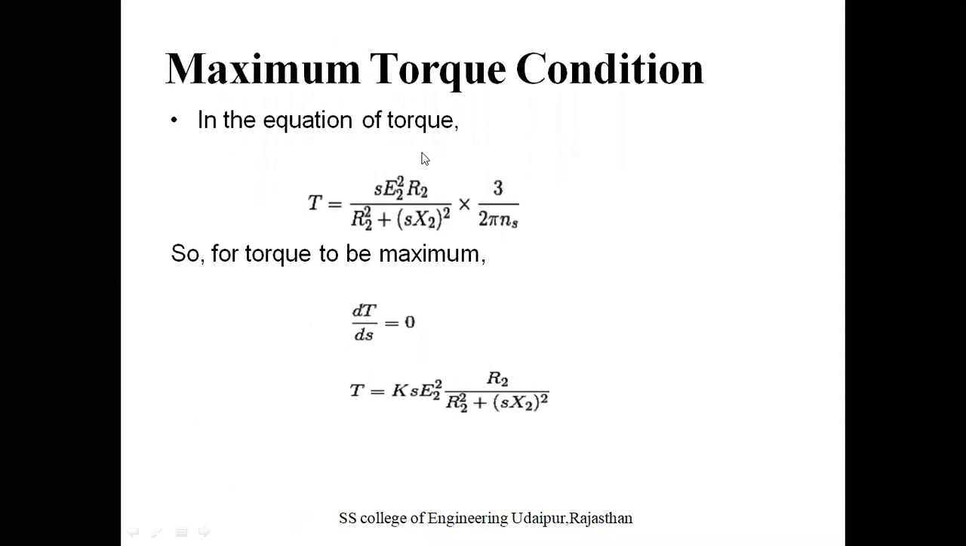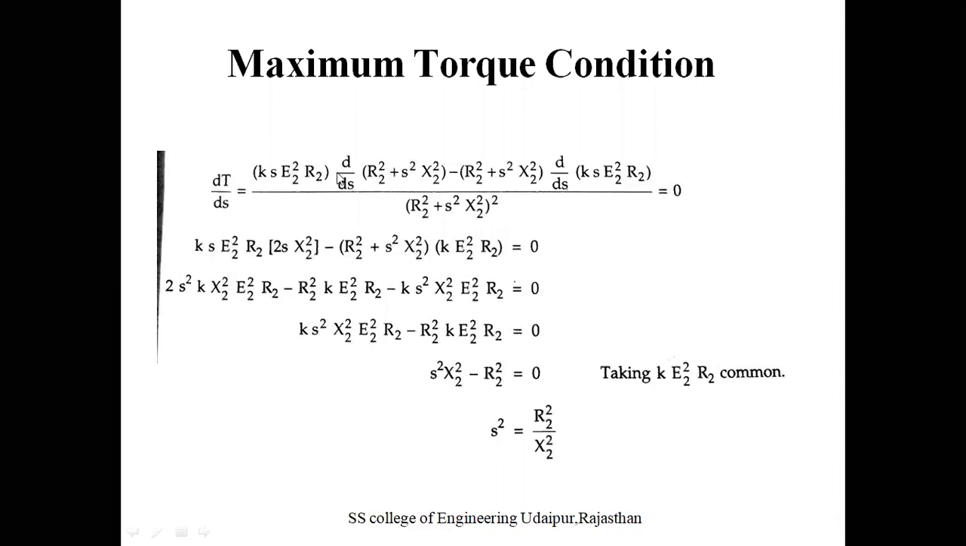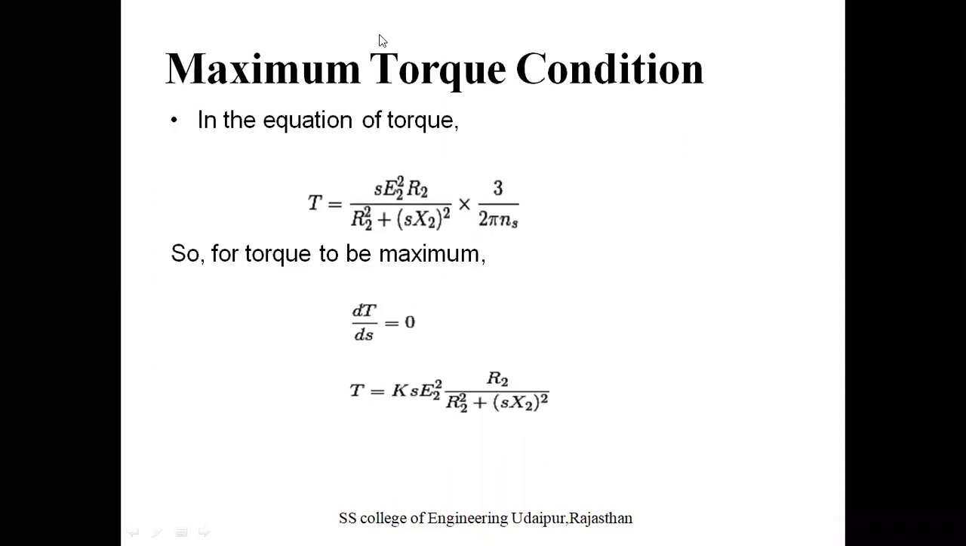Next, maximum torque. To find the maximum torque, we differentiate the torque equation with respect to slip. We use the formula for differentiating U by V. This is the U part and this is the V part. The formula is: the derivative of U by V is V times the derivative of U with respect to x,